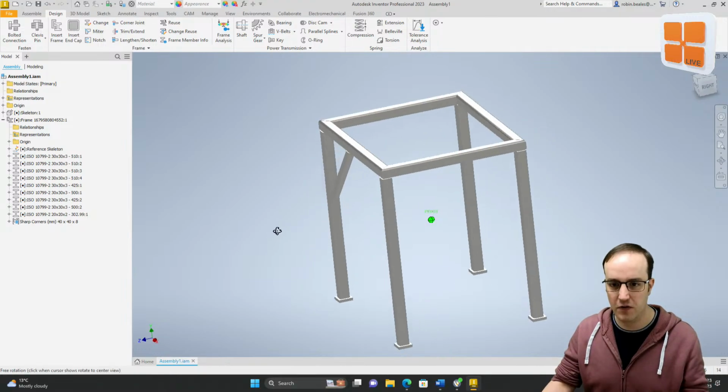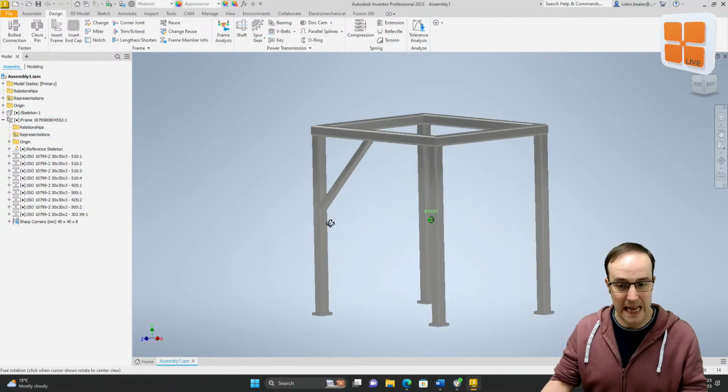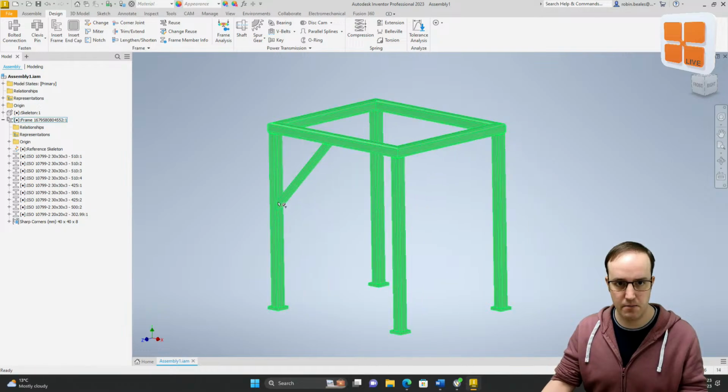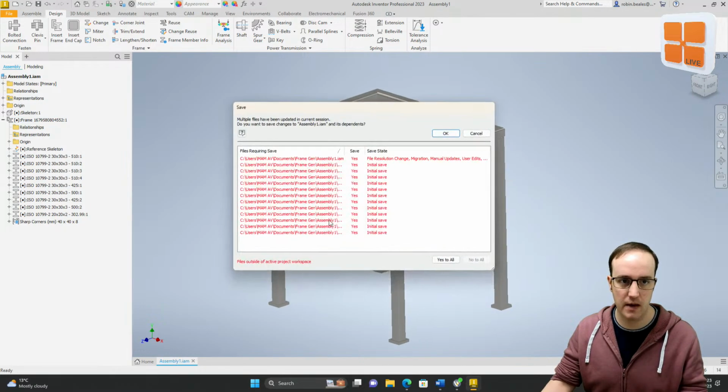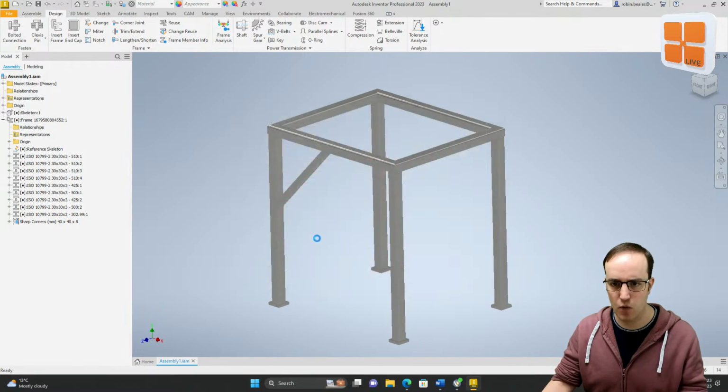So without any difficulty, really, I've come in and I've created this frame. Nice and easy, and it works really well. If I hit save, say yes to all and hit OK, what I actually end up with, if I just